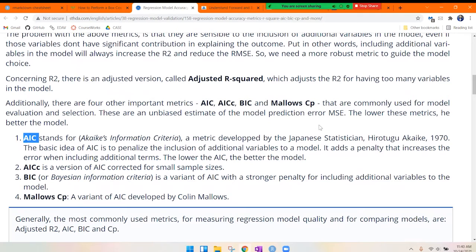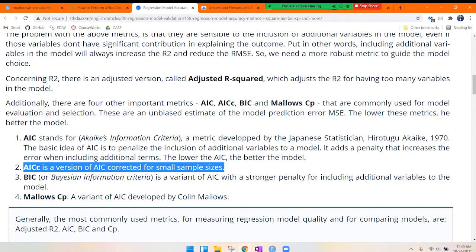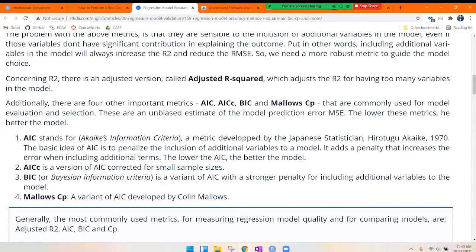It was developed by a Japanese statistician, which also has a penalization factor included in it. And there is AICC, which is a version of AIC, but for small samples. There is BIC, called the Bayesian Information Criteria. It is also a variant of AIC, but it has a stronger penalty, which means it penalizes even more,